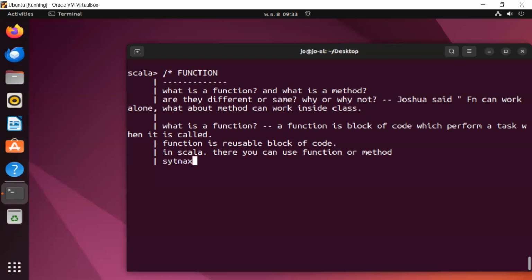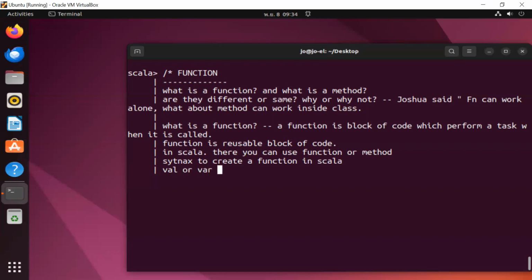Now, syntax to create a function in Scala. It is as follows. We say variable. Here you create a variable, let's say var.